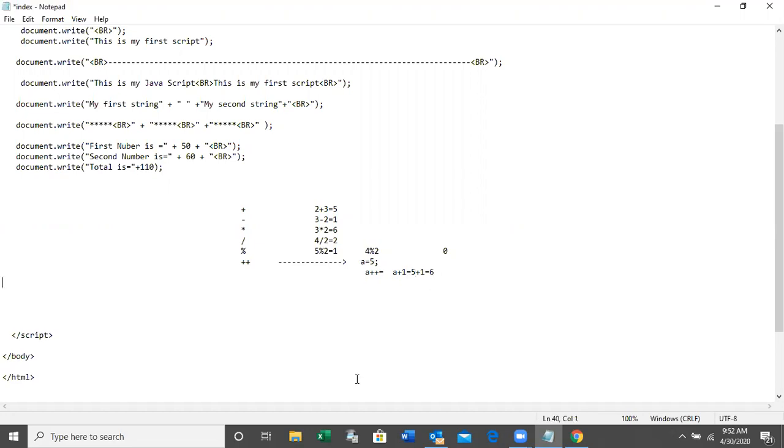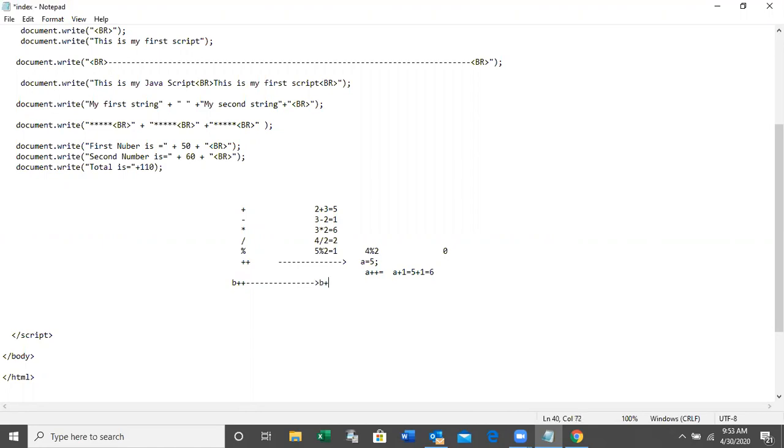It is a rule. Plus plus means only 1. We have to add only 1 with the variable. So if it is A or B, we can write B plus plus. B plus plus means what?